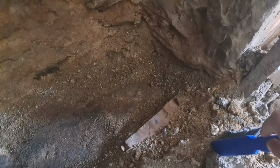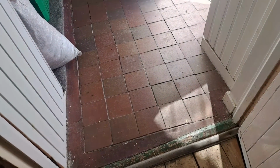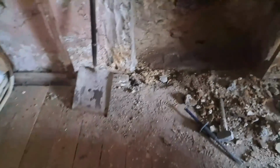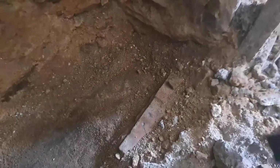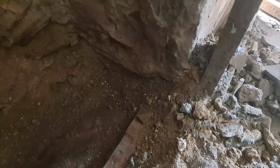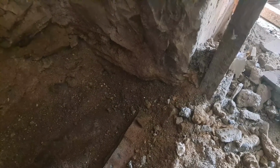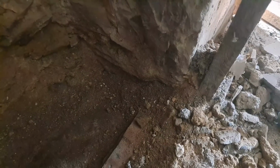Do you know all the tiles that are in the kitchen and in the hallway? Let me just show what they look like. So these tiles here have also been laid in here. So I don't know if they're just half tiles or they go all the way through. There's a possibility that those tiles, like terracotta tiles, go all the way, they might do. I don't know. They might be under the concrete. They're definitely under the concrete here. But anyway, there we have